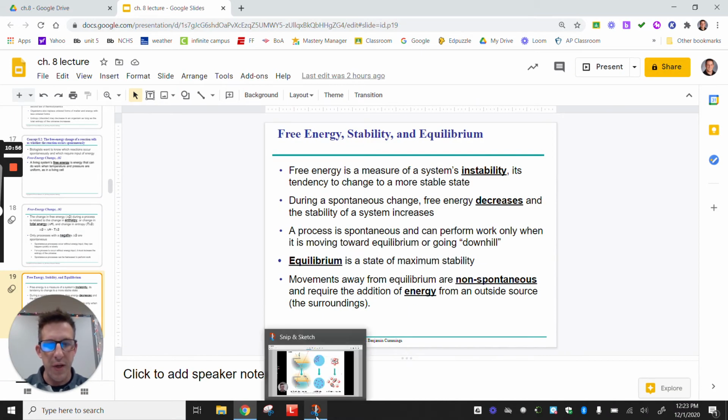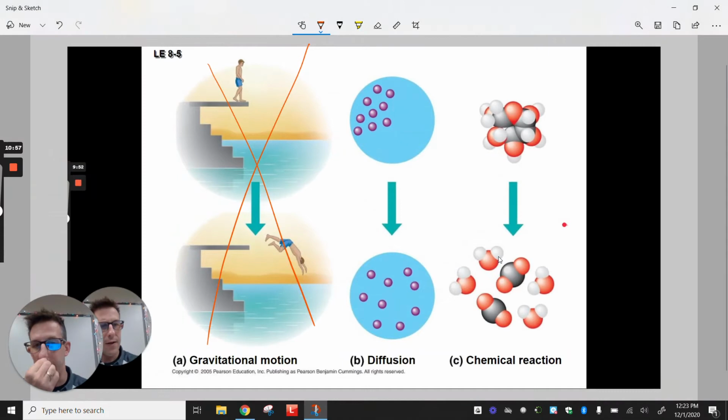It will move to a state of maximum stability, and as a result of this, it will release free energy. Okay? So let's start here with diffusion. This diffusion example shows us a bunch of color molecules here. Okay, think of this as purple food coloring. You put a drop of purple food coloring in one spot in the water, and what do you notice